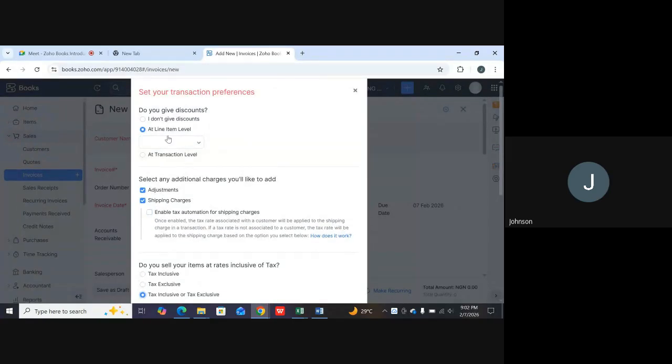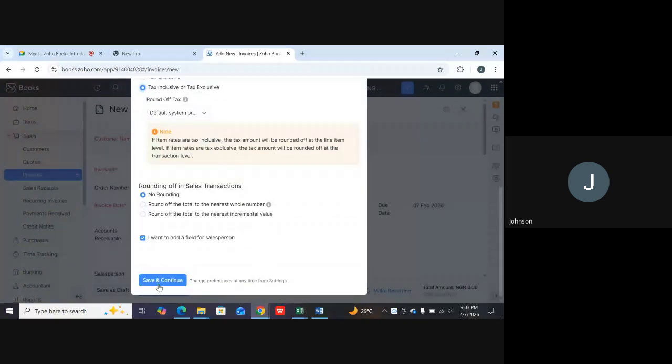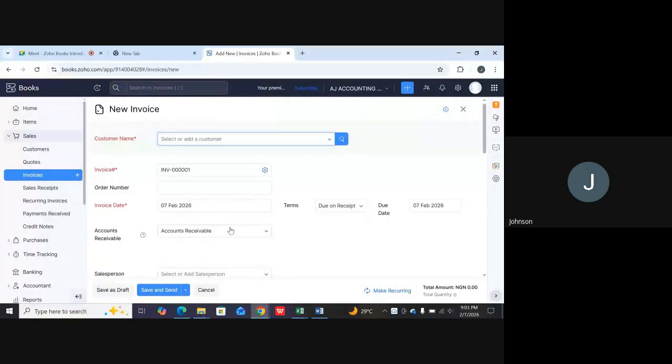Let's do this. Then the next thing is, do you give discounts at line item and everything? So this is fine. Let's just click on save and continue. Okay, so we can always edit whatever we've done. So here, when you now come to your invoice, you will see that certain things are important, like your